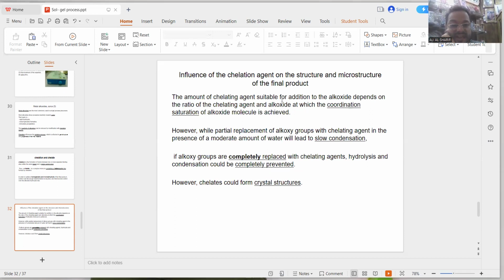The amount of gelation agent suitable for addition to alkoxide depends on the ratio of the gelating agent and alkoxide at which the coordination saturation of alkoxide molecules is achieved. After that is important, while partial replacement of alkoxide groups with gelation agent in the presence of a moderate amount of water, sure, because water here is a reaction